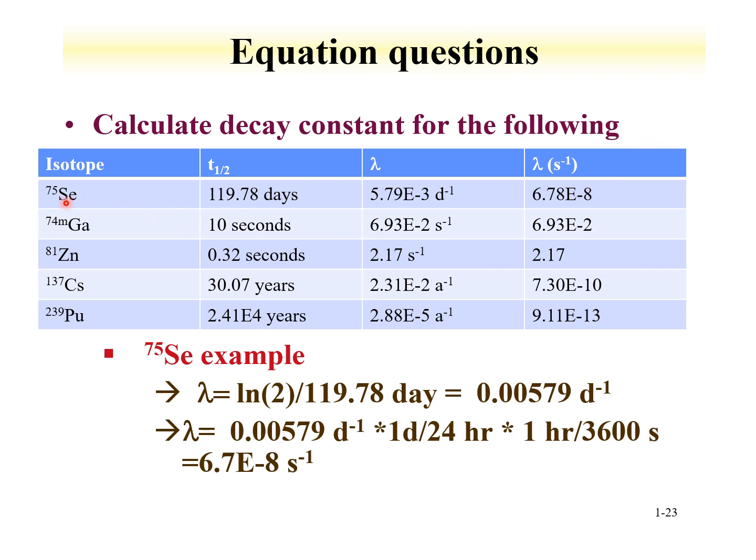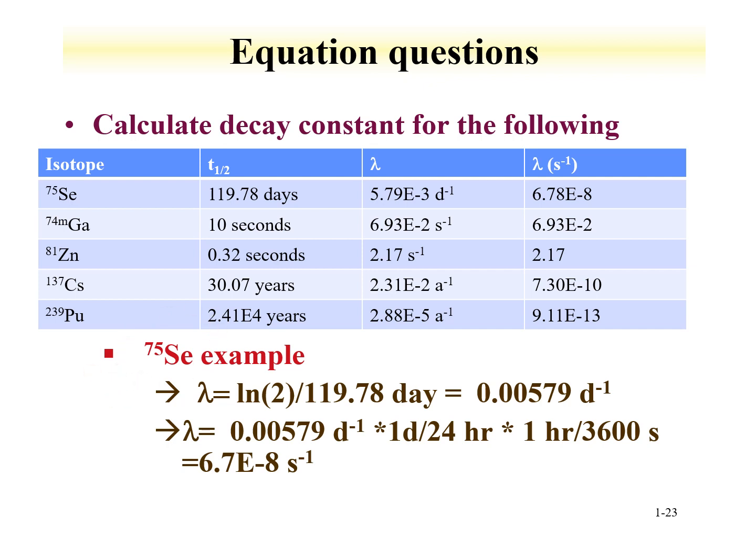So I can go here. If I have a half-life in days, I need to convert those days to seconds. If I have years, I need to convert those years to seconds. But as we see, the longer the half-life, the smaller the decay constant, because it's log 2 divided by the half-life. So as an example, the